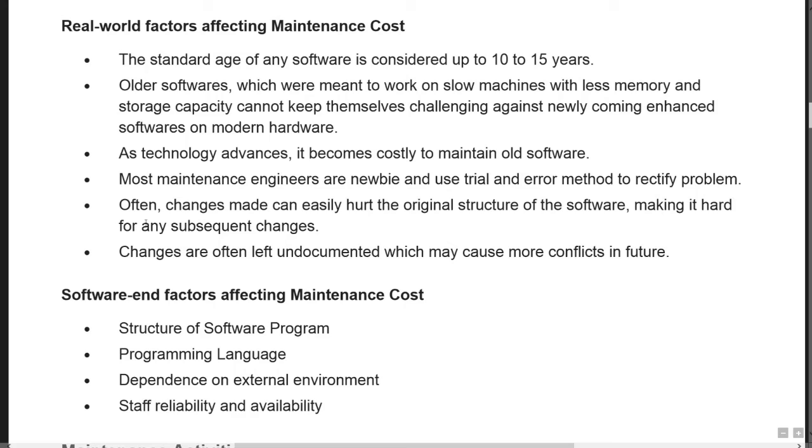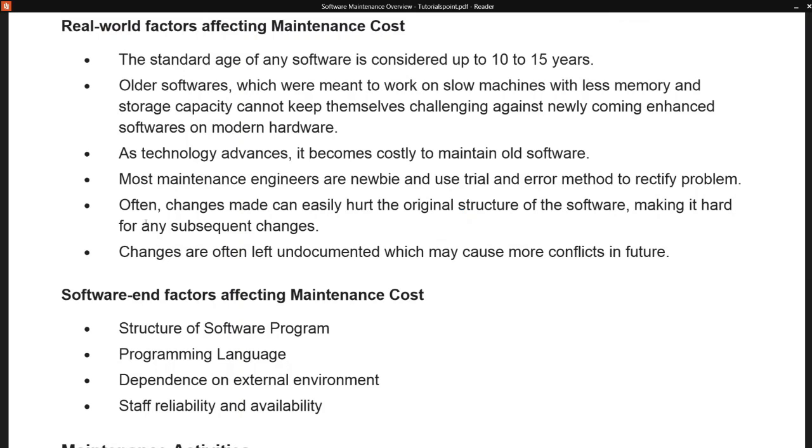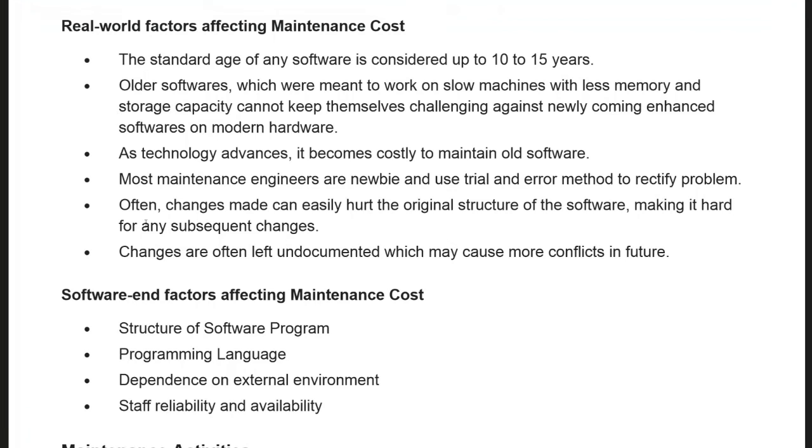Changes are often left undocumented, which may cause more conflicts in future. જે ડોક્યુમેન્ટેશન વગર કોઈ પણ સોફ્ટવેર આપણે પ્રોવાઈડ કરીએ છીએ કોઈ પણ યુઝર્સને તો તમને ખ્યાલ હોવો જોઈએ એ પ્રમાણે કે જે ડોક્યુમેન્ટેશન ઇઝ મસ્ટ રિક્વાયર્ડ and if the documentation is not proper